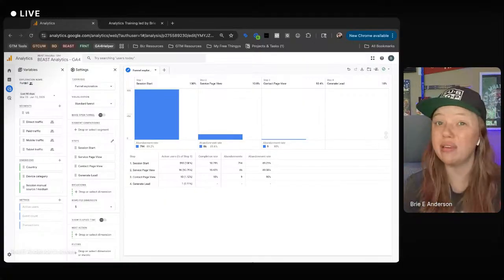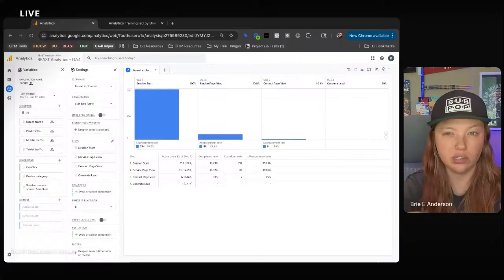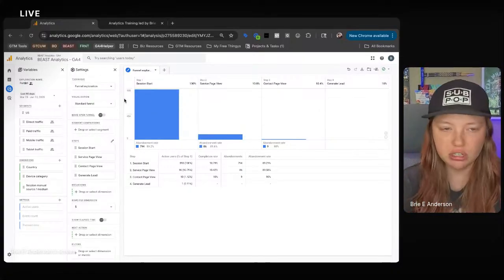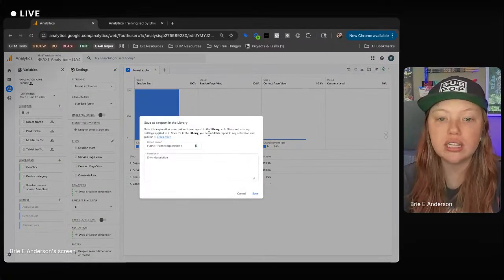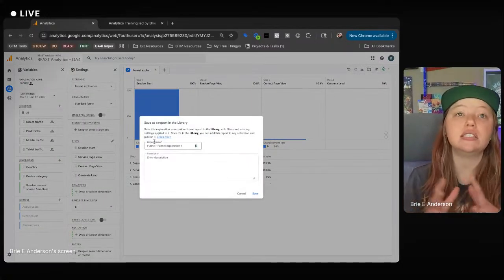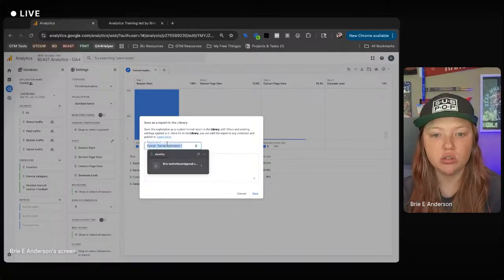They can make a copy of it and edit their own version, but they're not going to be able to make any changes to your version, all right? So you could share it like that. But if you save it as a report in the library, it makes it available to everyone in the library section. So I'm going to call this